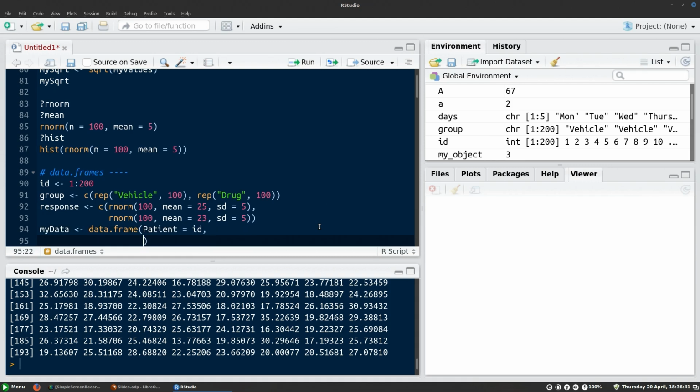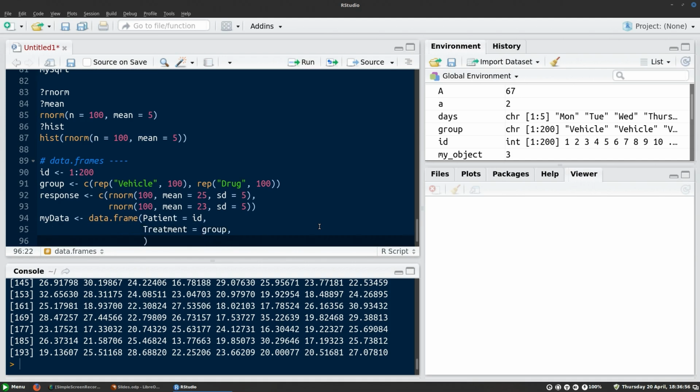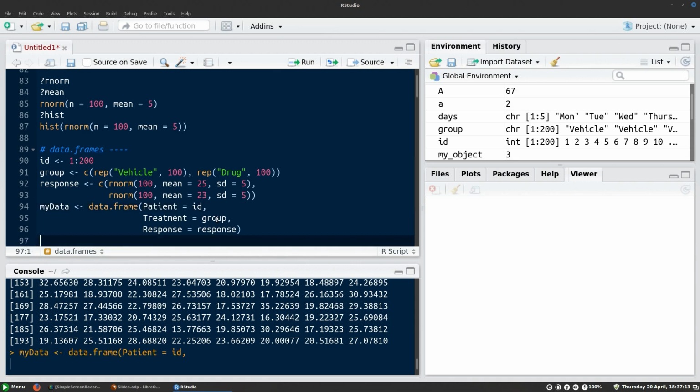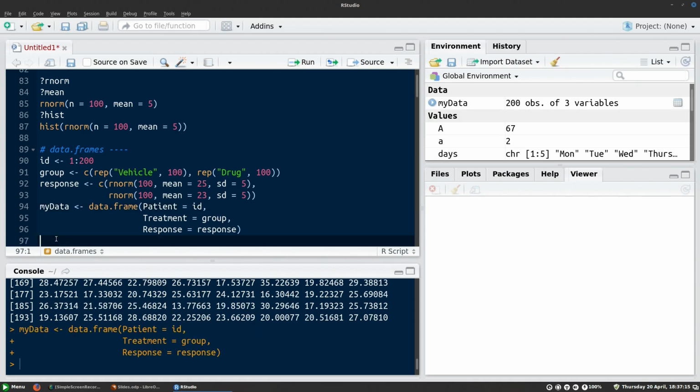Let's go on to the next line to make it easier for the next column. So the second column in our data table is going to be called treatment. And this is equal to the group vector that we created. And then finally, the last column is going to be called response. And this is going to be equal to the response vector that we created. Okay? And then if you put control enter on the first line of this call, it creates my data. And if we have a look at my data,